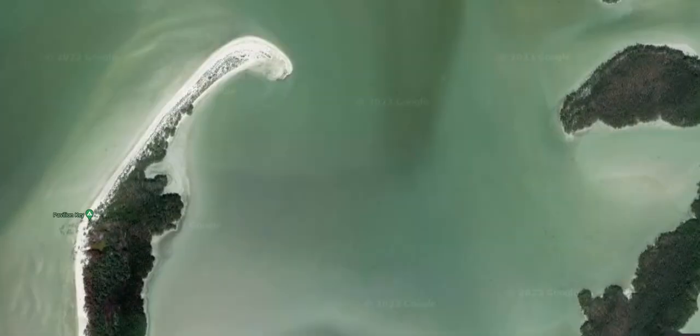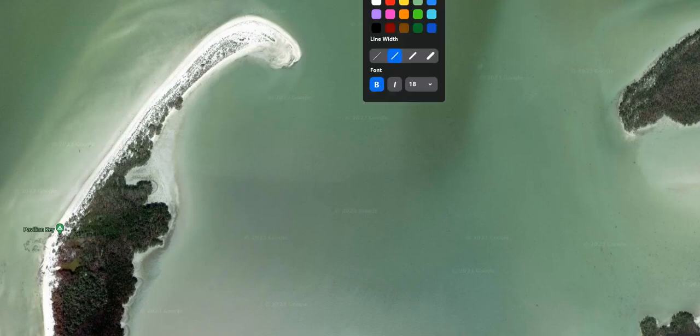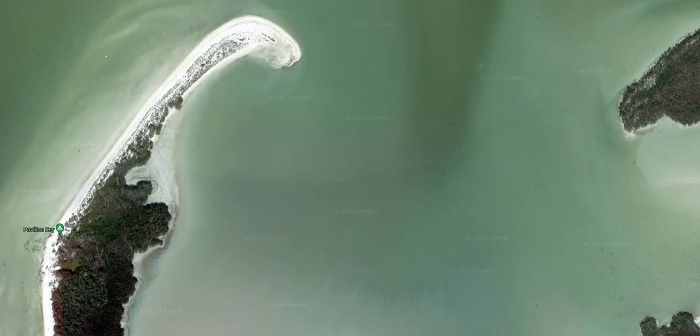And boy, just look at that long sand beach there. All in here, wonderful for anchoring. You can also get a little separation from people that are already there. Again, you can see the winds that it's good to protect you from. It's great from the northwest, from the west,